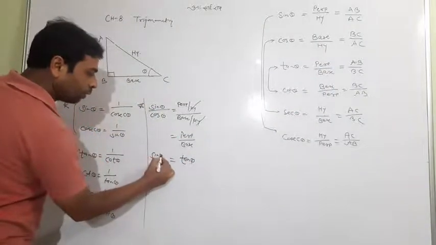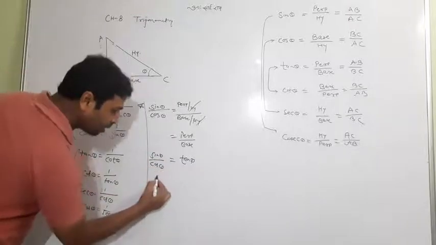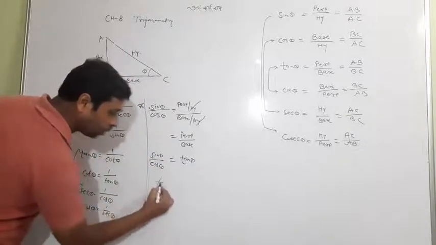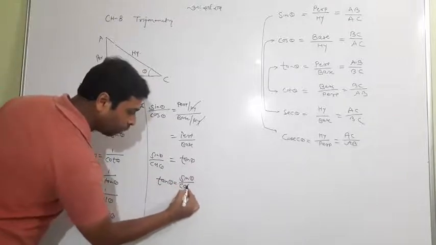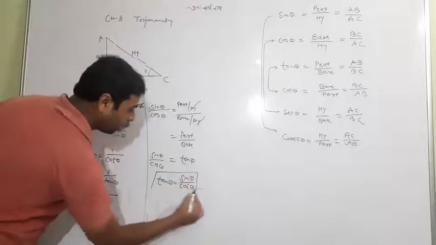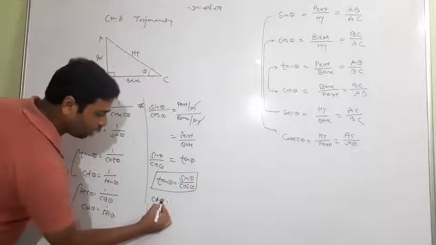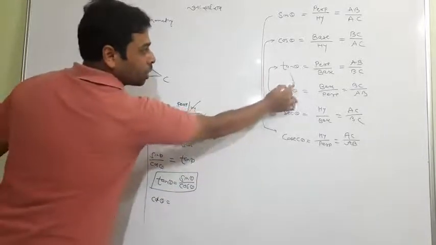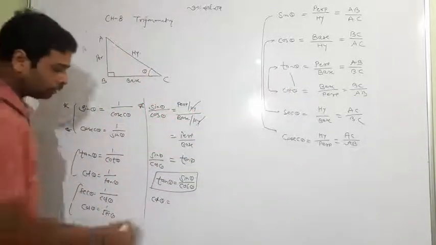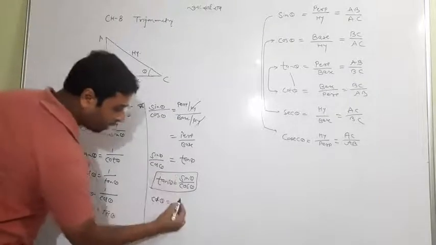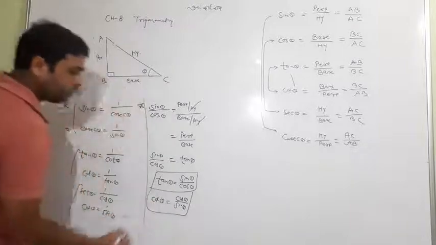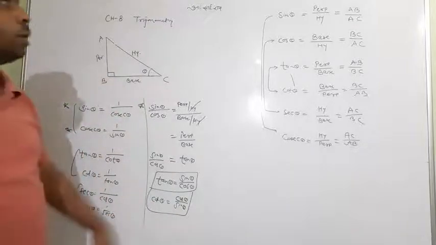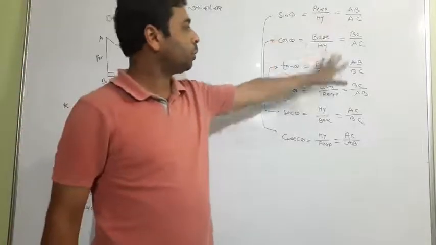And students, what are you getting? Look at properly, tan theta is one of the major and important formulas. Tan theta is equal to sine theta upon cos theta, and one should know that cot theta is just a reciprocal of tan theta. So cot will be just the opposite of that, cos theta upon sine theta. So students, these were the initial laws which you should know.